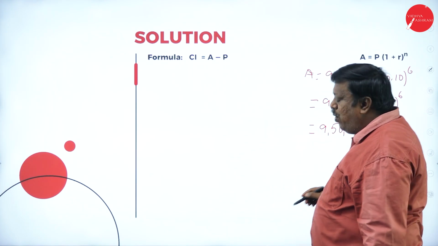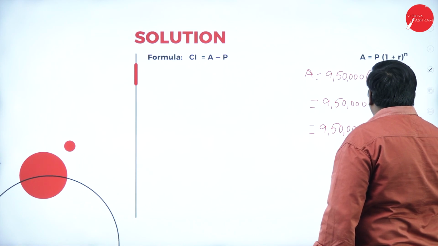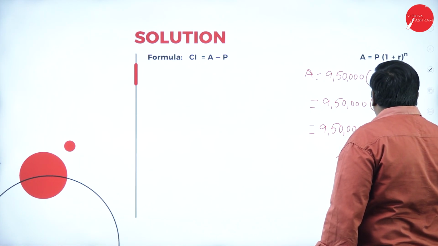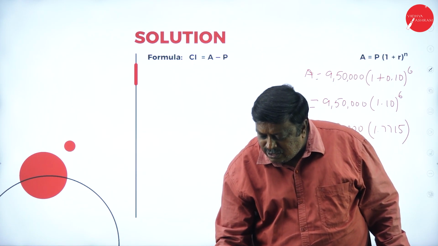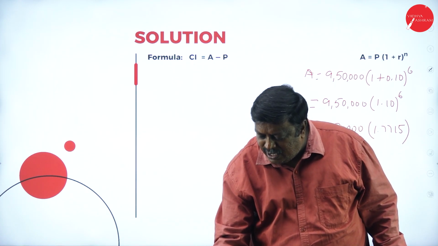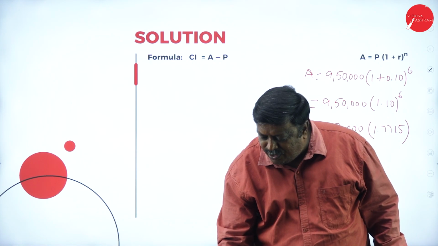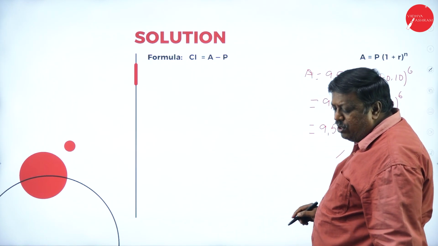So it will be 1.7715. So it is going to be 1.7715 into 9,50,000. So amount we are going to get here